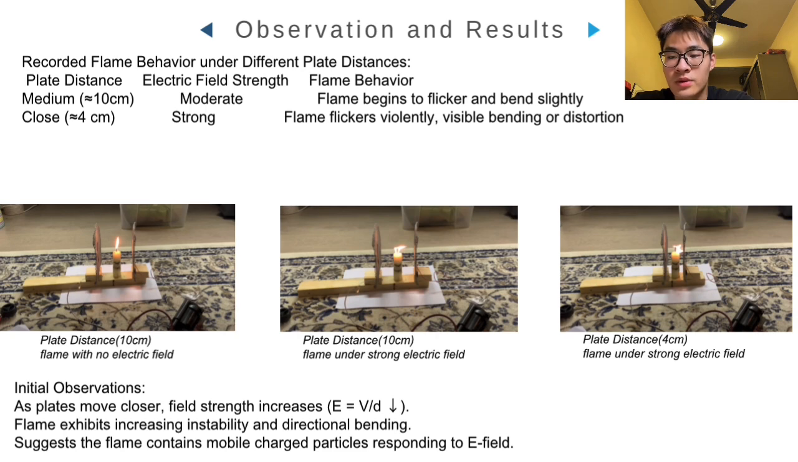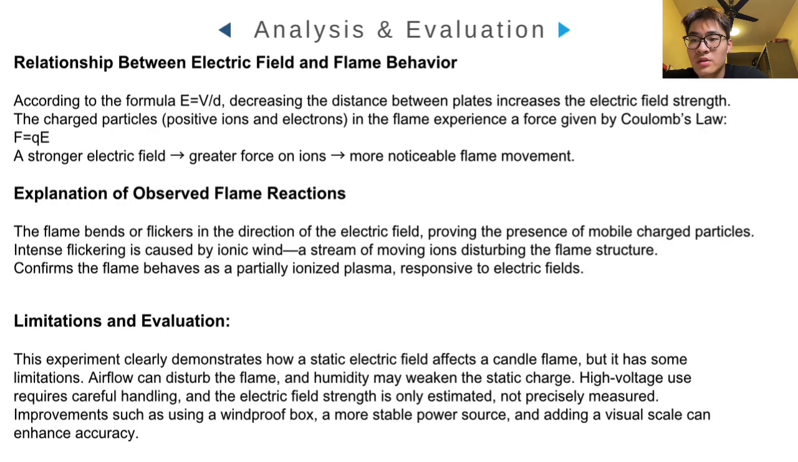These observations support our theory. The flame contains charged particles, and they respond to the electric field. This experiment's results match our theoretical expectations. According to F equals QE and E equals V over D, the stronger the electric field, the greater the force on the charged particles in the flame. This visible flickering and bending of the flame indicates the positive and negative ions are being pushed in opposite directions. We also observe something called ionic wind, a movement of air caused by the ion flow, which may